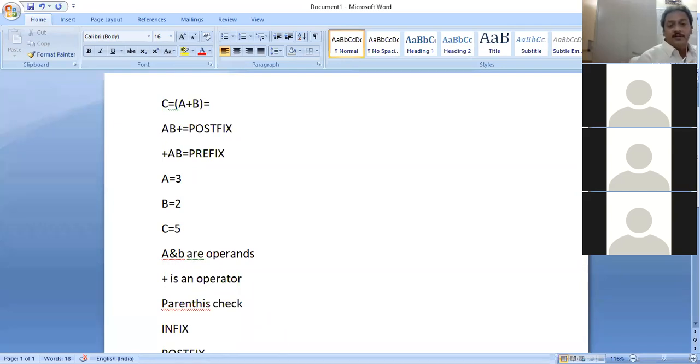Once a postfix expression is entered into the stack, we are giving values 3 for a and 2 for b. So in this postfix expression, first 3 2, and it will look something like this: 3 2 plus. Apply the operator between 3 and 2 and find the sum, so the value becomes 5. How we are supposed to evaluate the postfix expressions and how to check the parentheses, all this we can explain in the next classes.